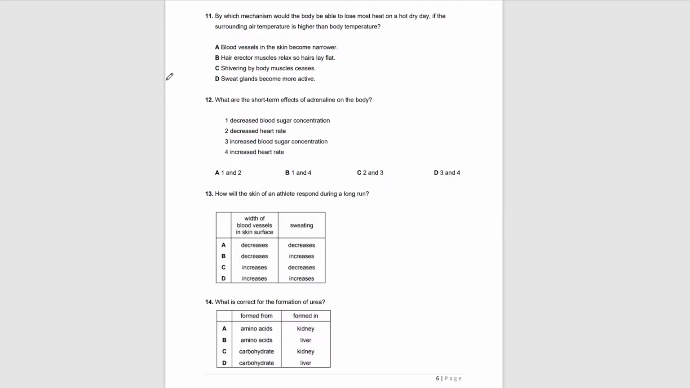So our answer would be D. Question 12. What are the short-term effects of adrenaline on the body? Decreased blood sugar concentration, decreased heart rate, increased blood sugar concentration, increased heart rate. So when adrenaline is released